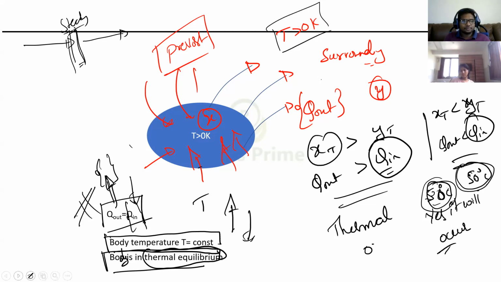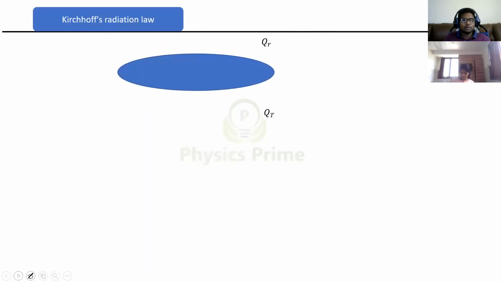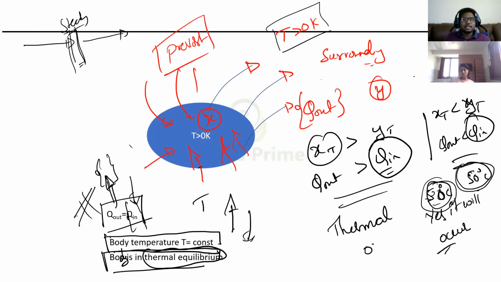Got it? Yes. Shall I go ahead? Now, from this point only you will understand in future. Good radiators are good absorbers as well. Good absorbers are good radiators as well. Like the sun. That is called a black body. We will see ahead. If this temperature is higher than the surroundings, it will radiate. Similarly, if this temperature is lower than the surroundings, it will absorb in the same manner, depending upon which temperature it is having. So good absorbers are good radiators as well.